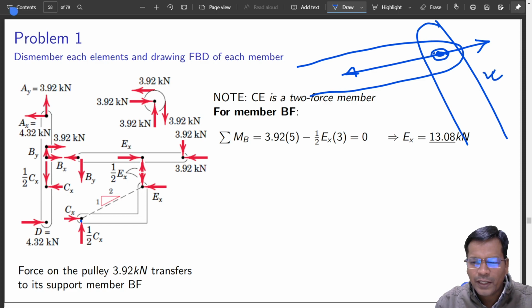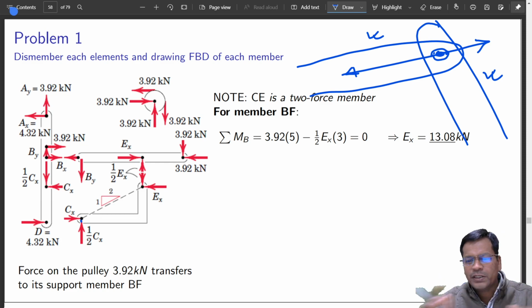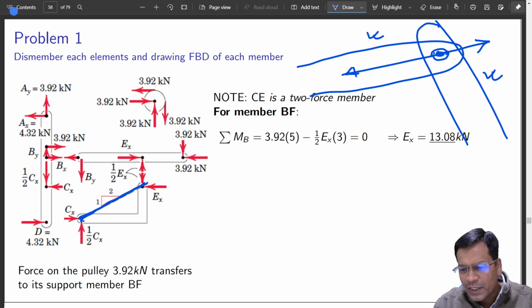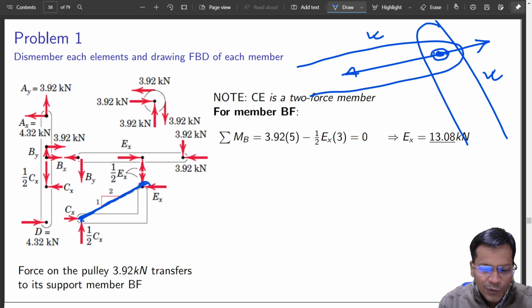Try to do this exercise at home, maybe you will get it more clearly. The contact happens at the location which is directed along the line of action of this force, and the line of action of this force is always like this, even if it is an arbitrary shape. How does it matter? How will this joint know that the shape is going to be something like this? Ultimately, it ends up something like this.